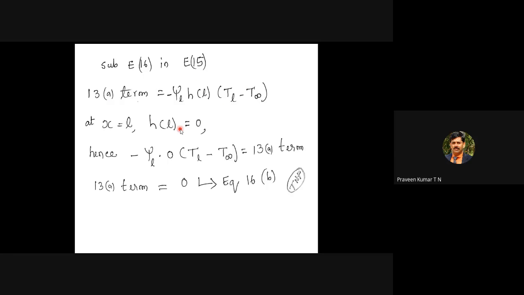We have one more, especially when you come to convection heat transfer at x equal to L. So H of L is also equal to 0. The convective heat transfer coefficient, or convective heat transfer, is also equal to 0. That is one more condition you have to remember. That means at the tip there is one option: whatever amount of heat is conducted, it will be conduction. That is one equation, that is one part.